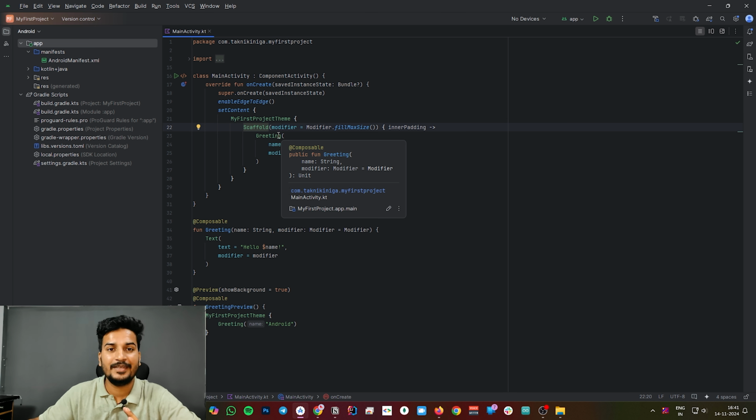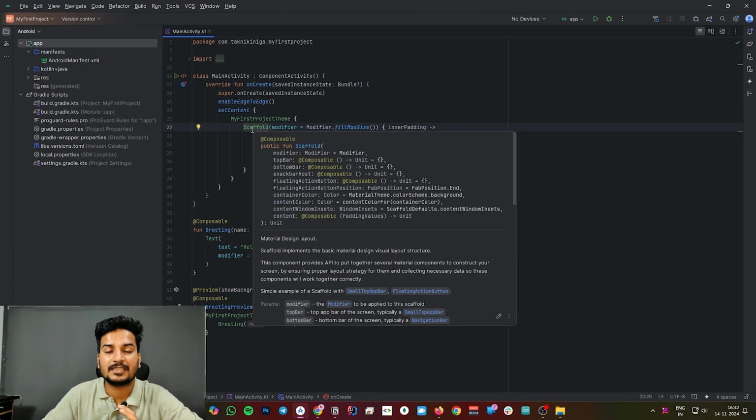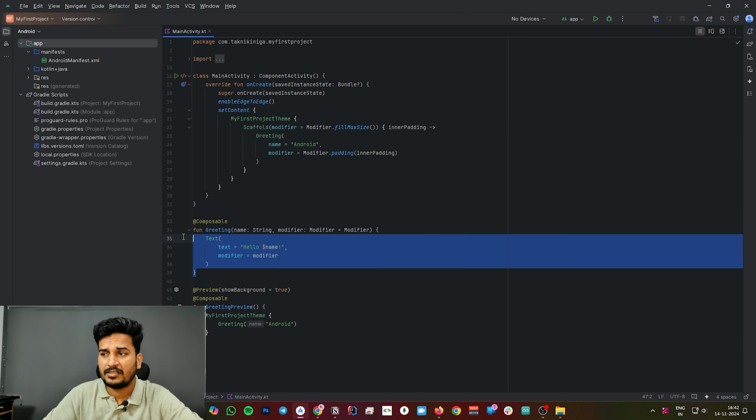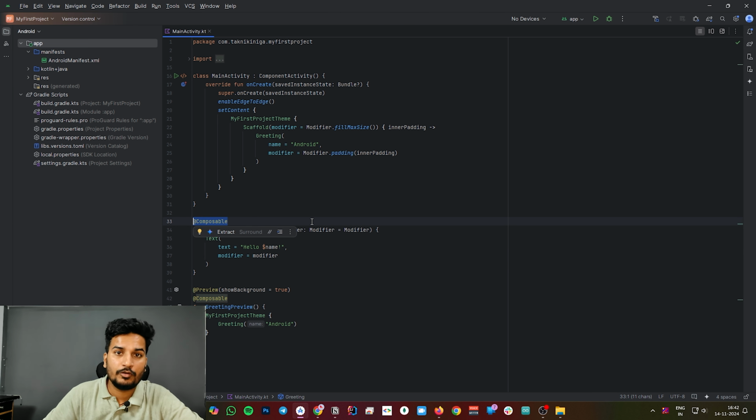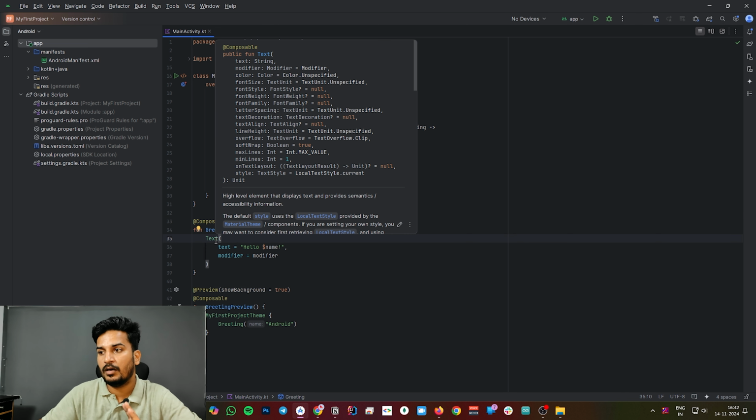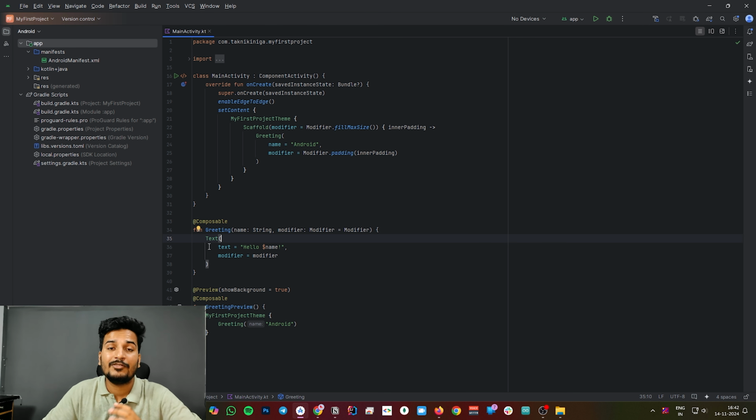After that we need some layout to draw our UI. For that we have a composable function called Scaffold, which comes with a pre-built layout structure and also some rules, and inside it we have set Modifier.fillMaxSize. That means we are telling this layout to please cover the whole height and width of the screen. Inside that we made a composable function. This is a normal function, and by adding @Composable we convert it into a UI component. With that we are able to call all UI-related components written by the library behind the scenes. For example, if you want to show some text inside our view, here is the Text function.